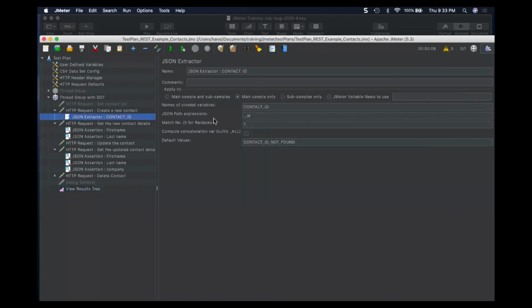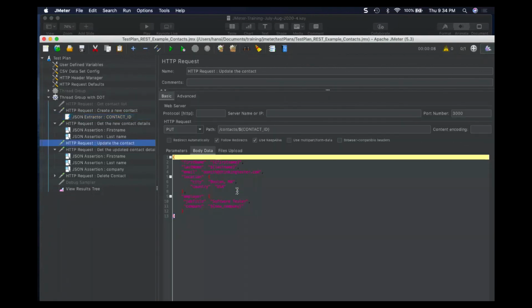Yeah, this is something that we have done. Okay, the contact ID. When you create a new contact, we are getting a dynamic ID, right? You may be referring to something like your token, right? If it is in JSON format, you can use the JSON extractor to extract the ID, and this is available as a variable. In the subsequent request, you can include it in this format, like $, as we have mentioned here. In this way, you can do it.